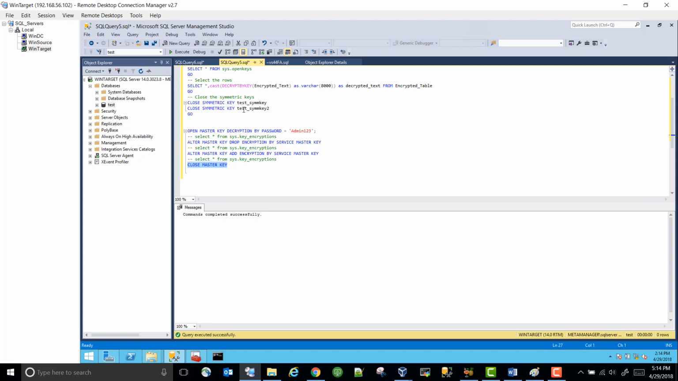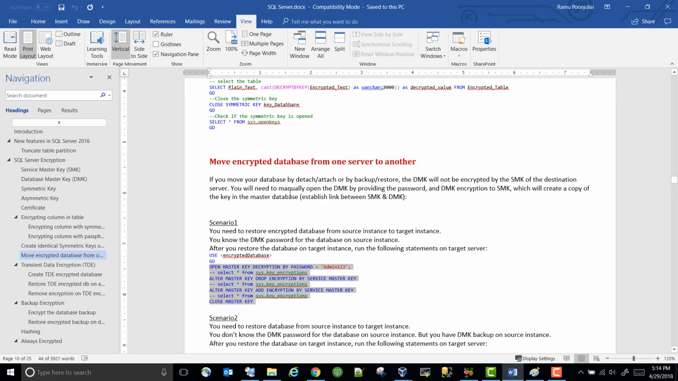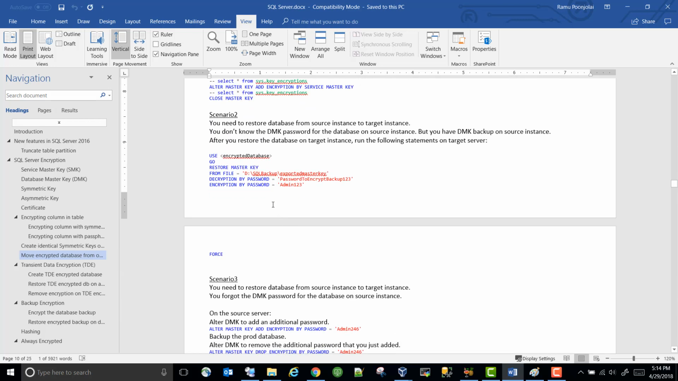So you need to know the DMK password, how you encrypted the DMK. What if you don't know the DMK password? What other options do you have? I listed a couple of options. In case you are migrating databases or copying encrypted databases from one server to another, one scenario is that you know the password, so it's very simple. You just open the master key and re-encrypt the DMK with SMK. Fine, you're done. The other scenario is that you don't know the password. If you happen to know there is a DMK backup, then you can restore the DMK backup